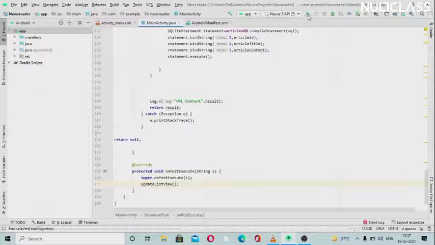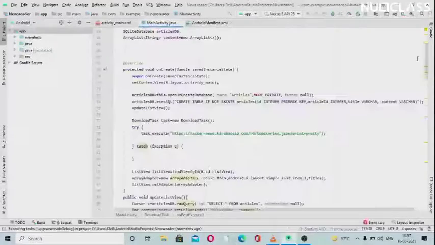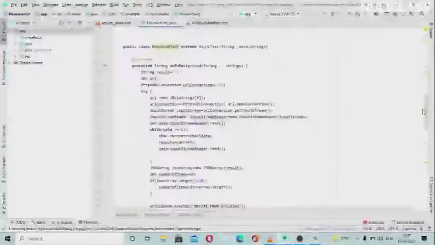Okay, so now let's just give it a run. It will take a bit of time, because we have written a lot of code already. So this will show a lot of things here.